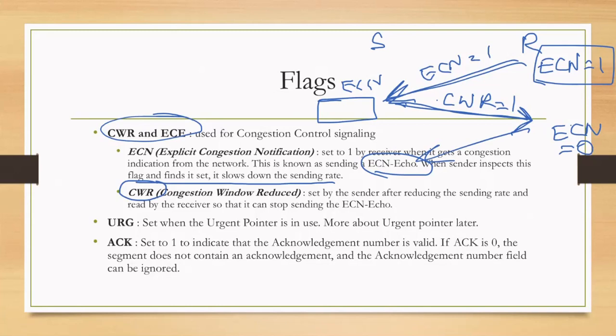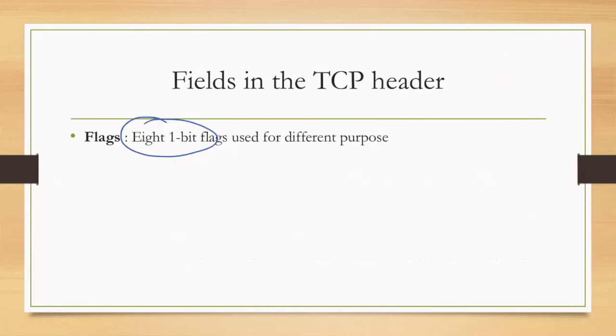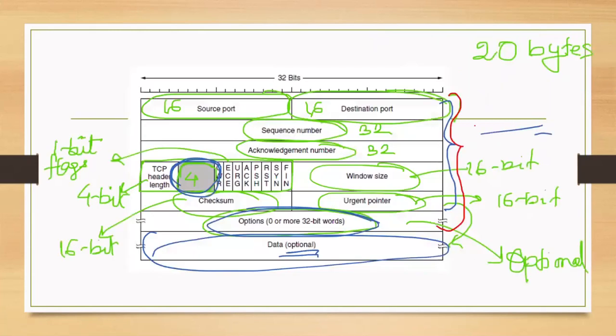So these are CWR and ECE. Next you have URG, urgent pointer. Now the urgent pointer points to some data in the data segment. Now, what it means is that, recall I had explained this earlier, that sometimes